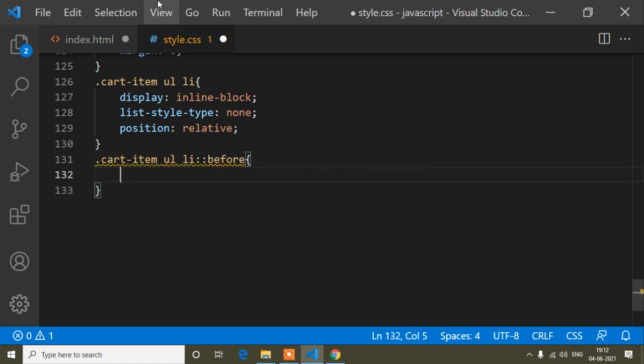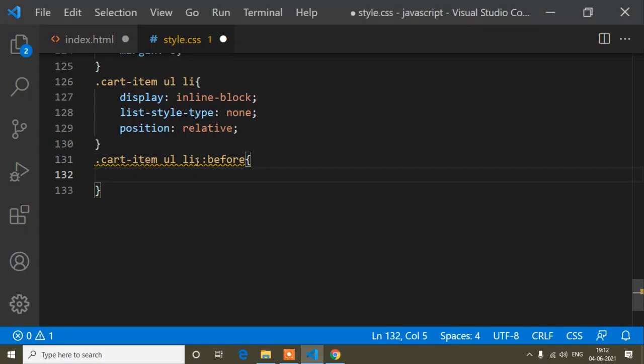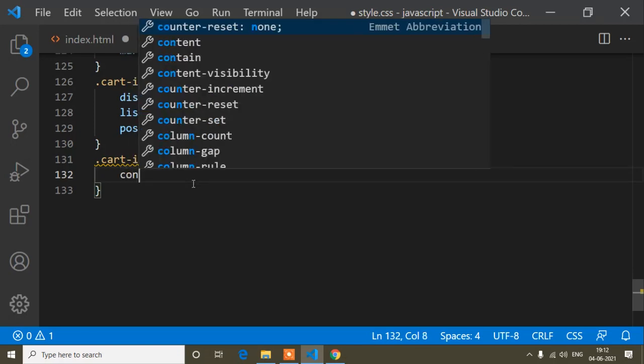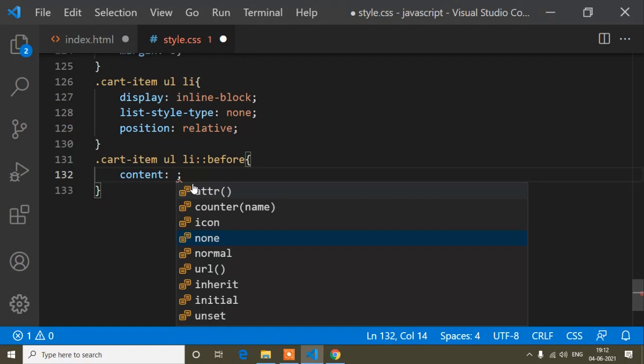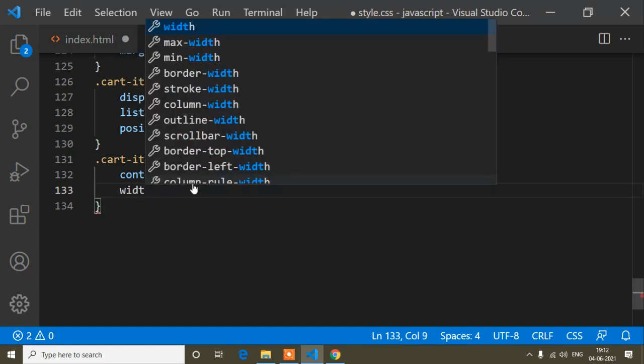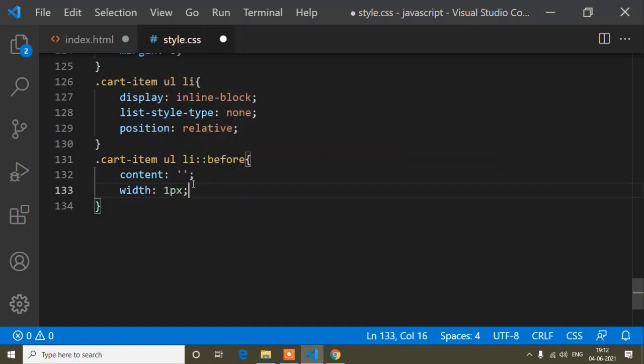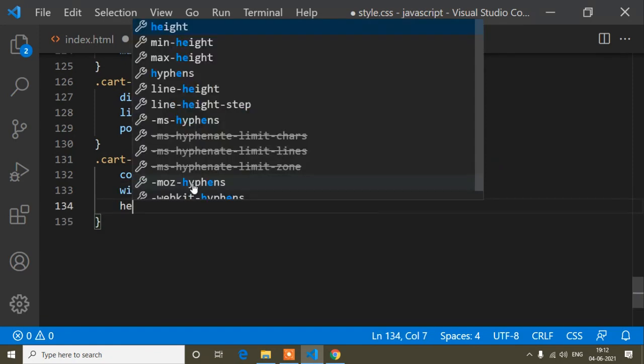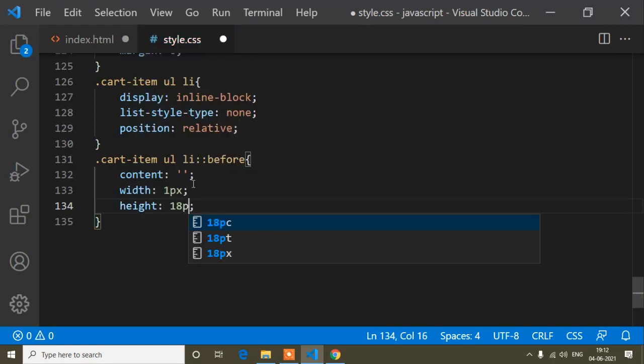On every side of this icon I want to add a border, so the border will come from this before tag. When we write the before tag, we must write content. Without content, the before tag will not work. So content is blank, and the border width will be 1 pixel, and the height is 18 pixel.